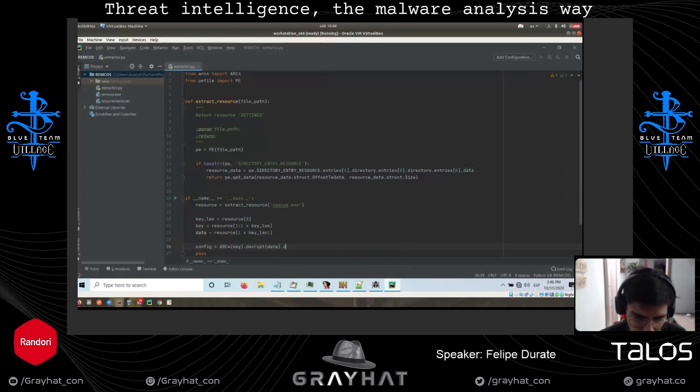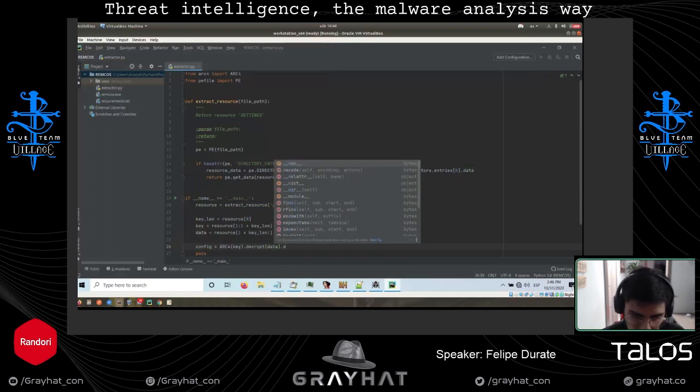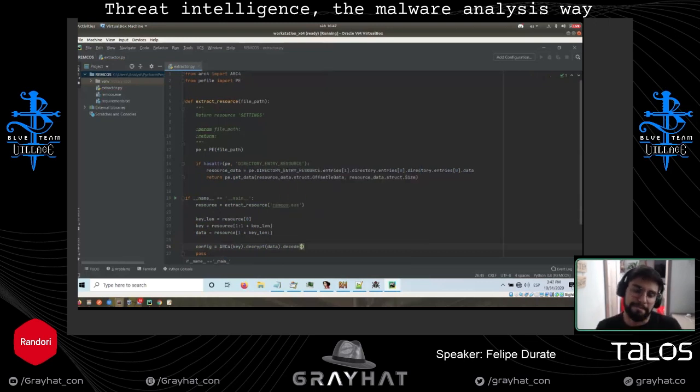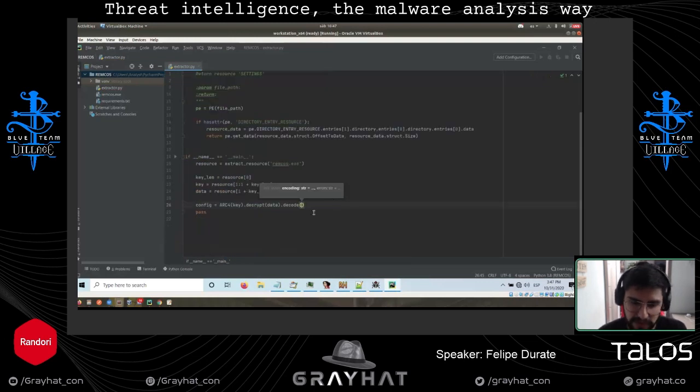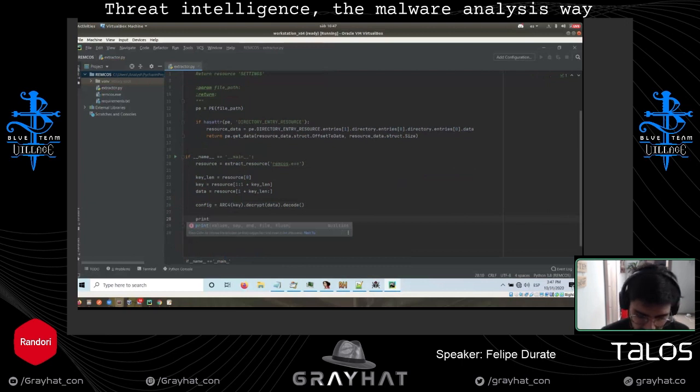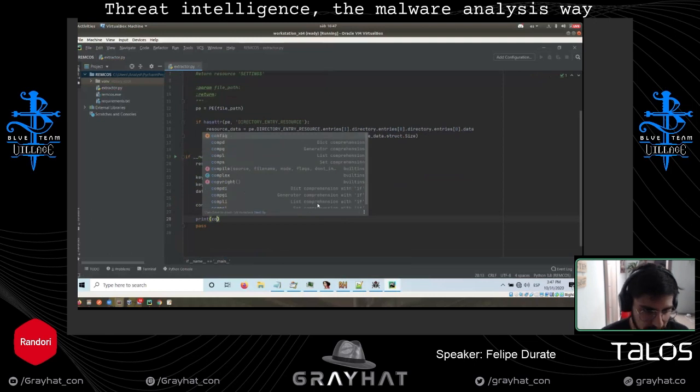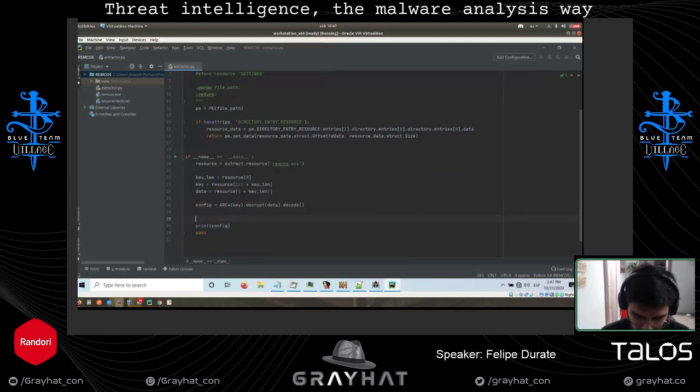The output we get is a byte structure in Python, but I prefer to have it as a string. And I want to print the configuration and say, voila.